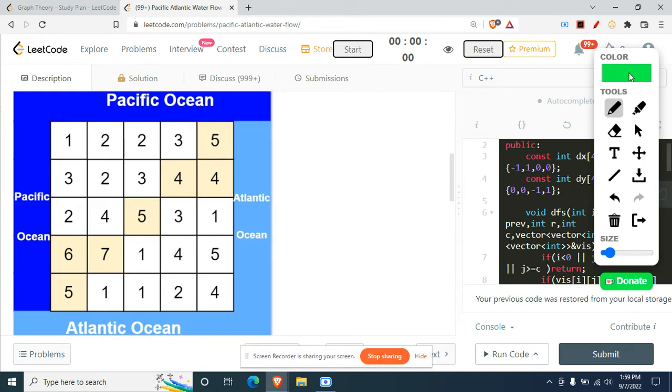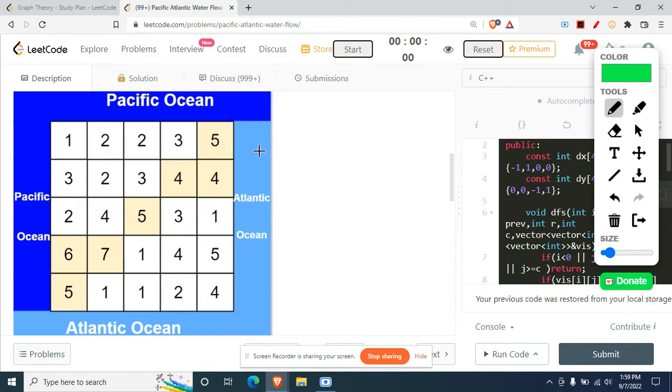Okay, and now let's understand how we will do it. If you have been following this playlist, we use DFS or BFS for simple traversal, right? We are going to use those traversals here as well. Now, an approach to this problem could be something like, first of all, we will try to